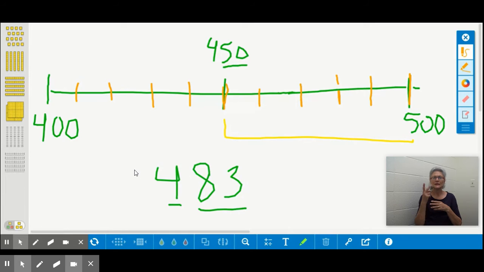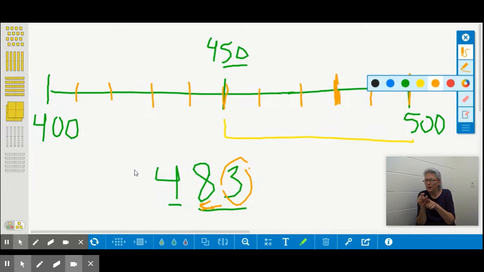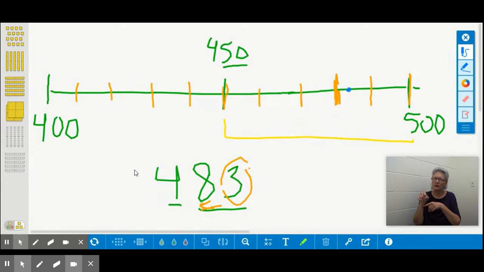So let's see, 450, 460, 470, 480 is right here. But I have 483, so I need to go a little bit past that. Go right about there for